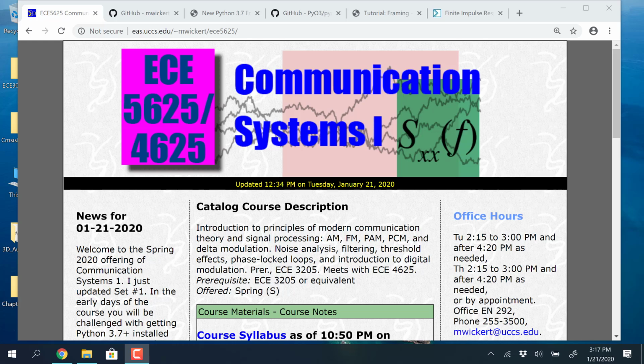Put in nice new Cisco phones, though. I don't remember those before. Okay, so